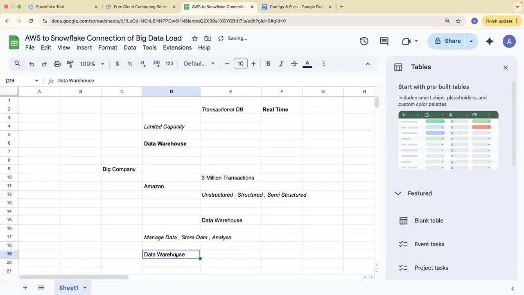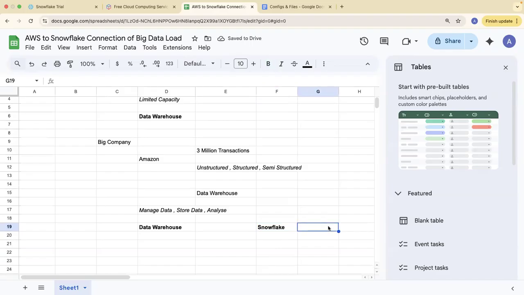And the data warehouse that we are going to understand today, the class is based on Snowflake. So Snowflake is a data warehouse. Now this Snowflake gives you data warehouse things, but the actual storage or the cloud on which this Snowflake works is separate. So this is a cloud-based platform solution. It's a cloud-based Snowflake platform solution.